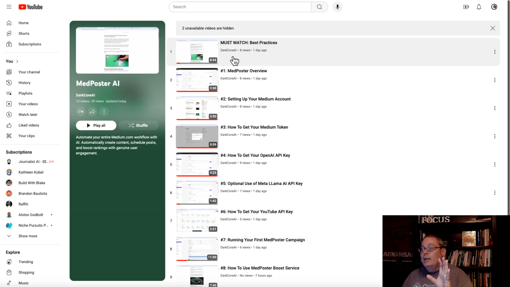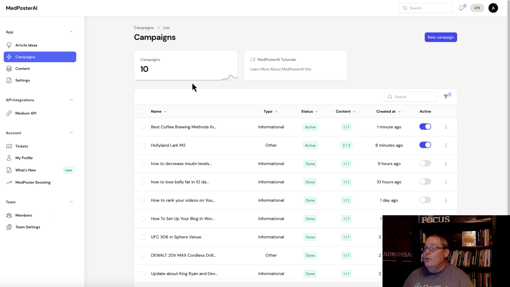Follow the rules. They even talk about go and read the policies over at Medium and understand what it is we're trying to do. We're trying to use the Medium platform, and we're trying to use its authority to put our content in here to get our affiliate links clicked and or get traffic back to our own websites. So go through all these articles or go through all these videos,